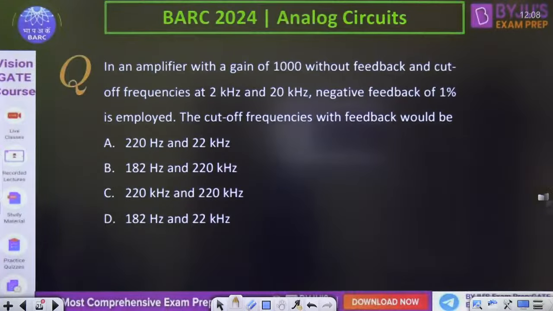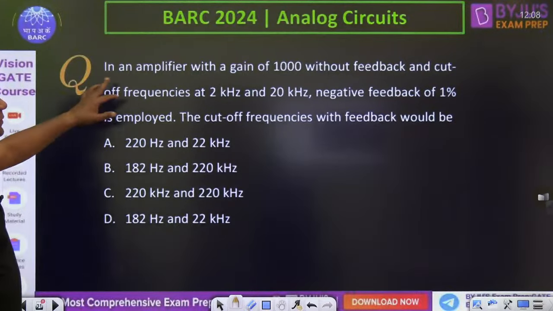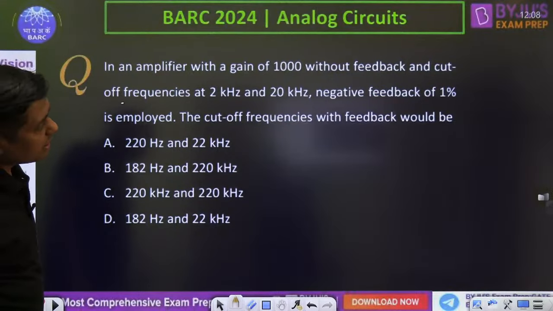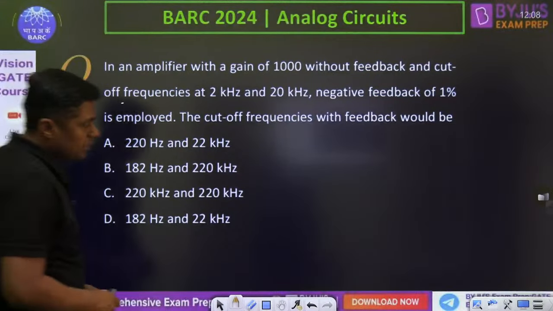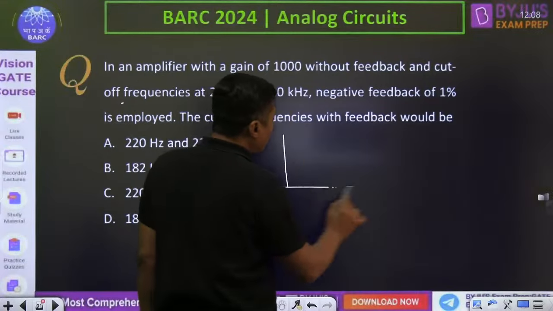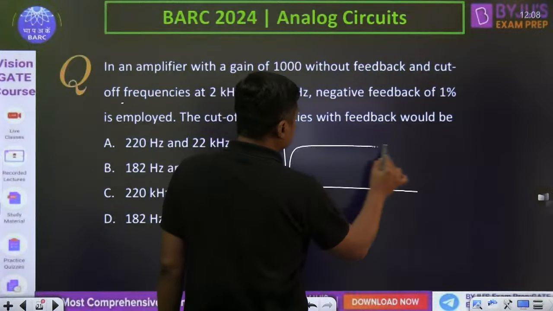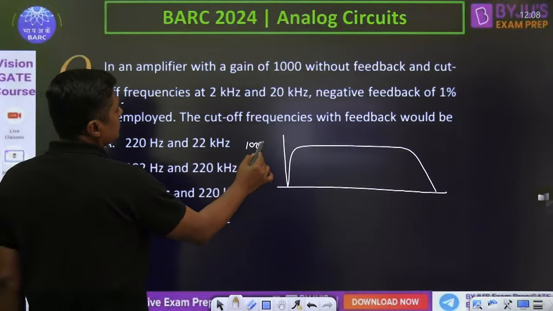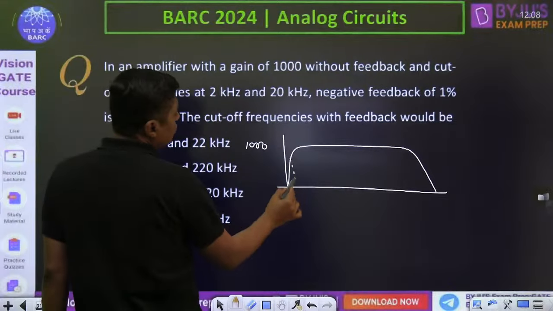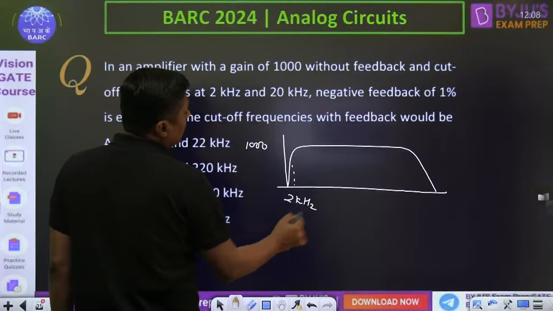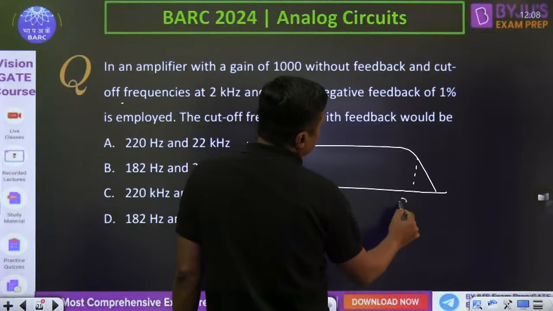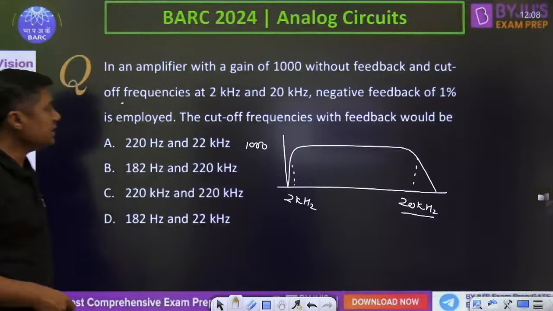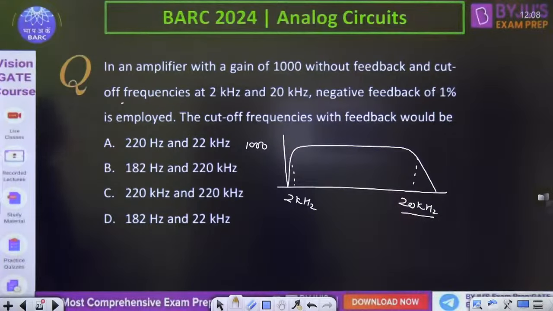अब देखिए, in an amplifier with a gain of 1000 without feedback and cutoff frequencies at 2 kilohertz and 20 kilohertz, negative feedback of 1% is employed. Negative feedback, देखो without feedback जो आपका gain है ना, what is the without feedback? The gain is 1000 और lower cutoff frequency is 2 kilohertz and upper cutoff frequency is 20 kilohertz. Then if the feedback of 1% is employed, the cutoff frequency with feedback would be, what will be the cutoff